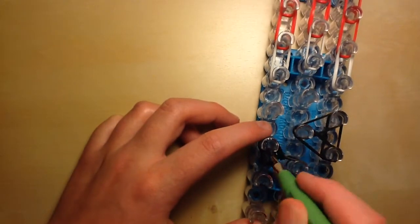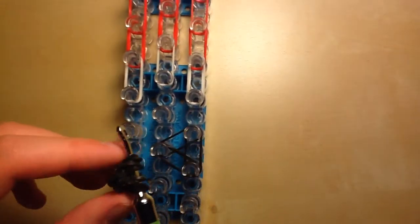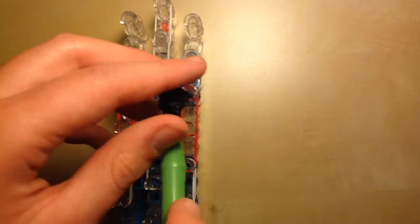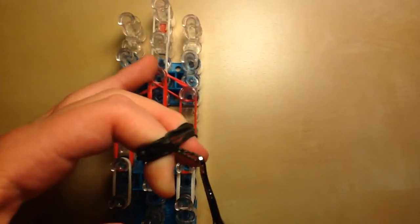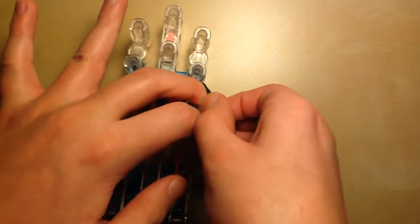Now we're going to take this on our hook, so just take it off the loom, put the bands on your hook, now like this, and then we're going to place it on the opposite side. So we're going to go here, then you can take it in your hook with your fingers. Let me just place that on my fingers. And then put it on your loom,